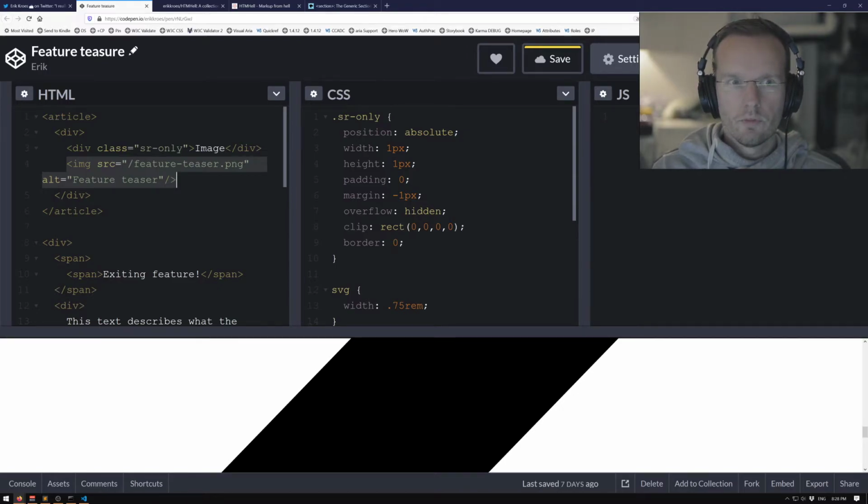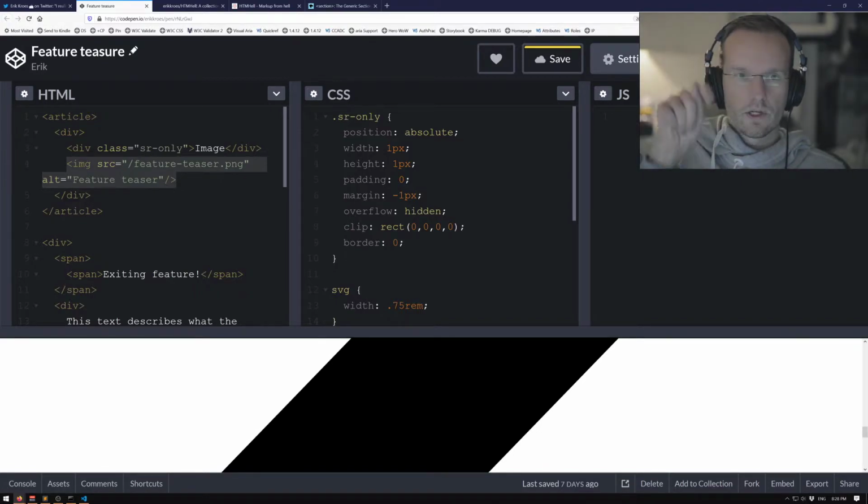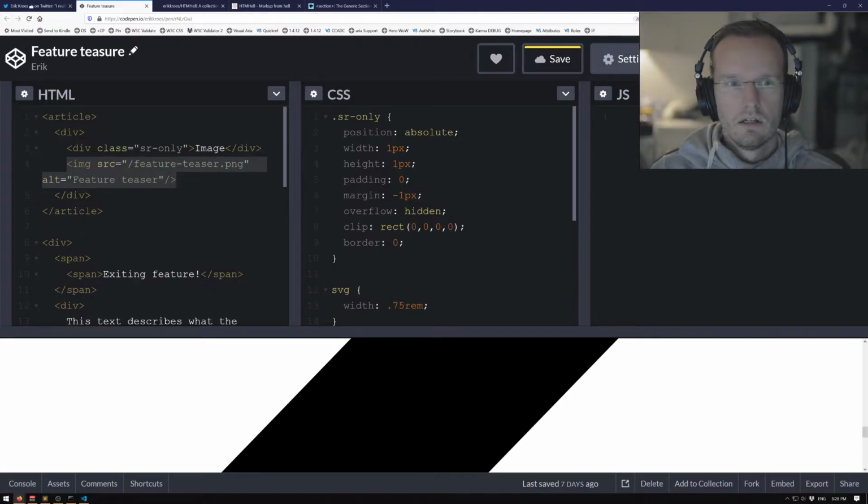Then it might be useful, but then still it would be really strange because there is no relationship between the SR-only div and the one that would contain the image. So you're sort of announcing something, but also not even, there's not even a relationship between the text and what follows. So what here is the image, you don't even know. Well, you do know because it was already clear. So this,